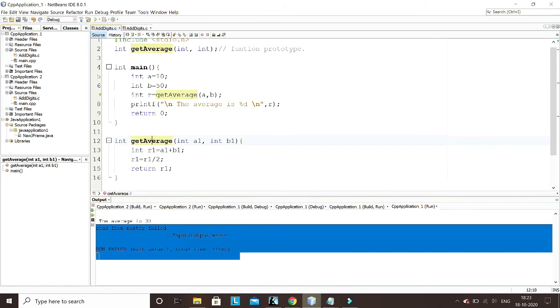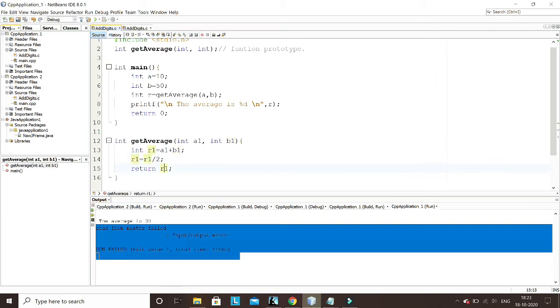The first value a will be copied to the first parameter, the second value will be copied to the second parameter. So after it jumps here, the value of a1 will be 10 and the value of b1 will be 50. So here it will be 50 plus 10, so 60. Here 60 by 2, it is 30.